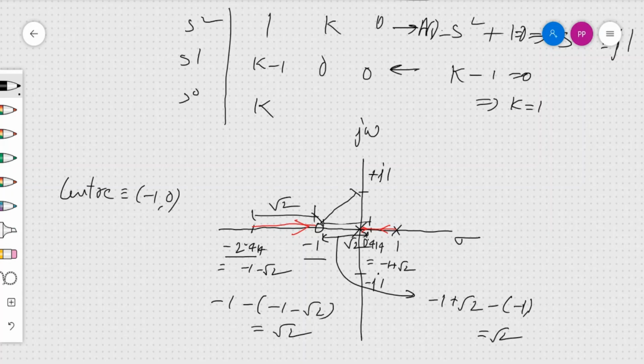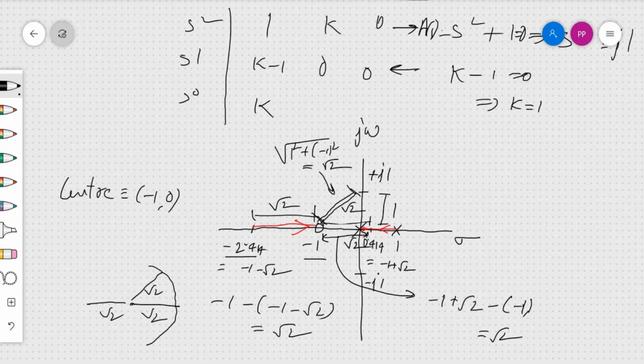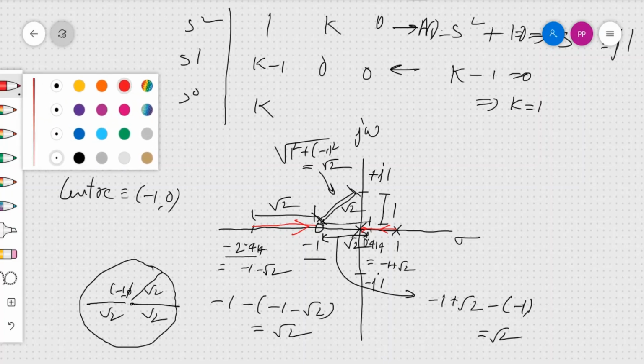Now let us find the third length, which we are saying this one. So here we have one length as 1 and another one is the minus 1. So from here we can find out this length is square root of 1 square plus minus 1 square. This is equal to square root of 2. This length is also square root 2. So we have found a center point and 3 other points with length root 2, root 2, root 2. So definitely these are the radius of the circle with center at minus 1 and 0 and radius root 2. So we can understand that this will form a root locus which is of the circular shape.